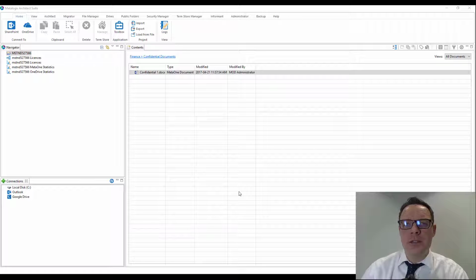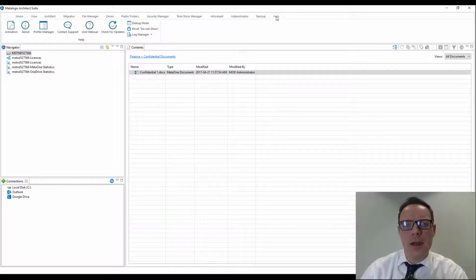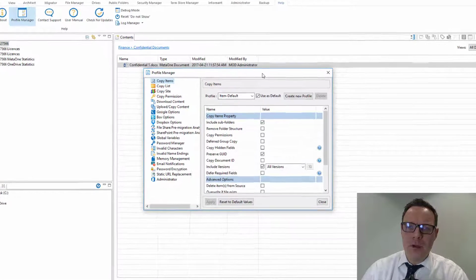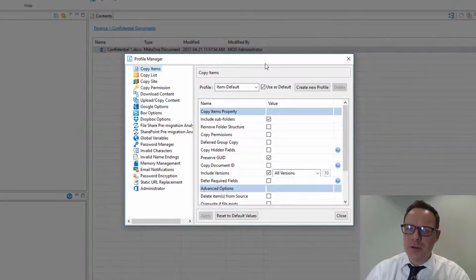In this section, we're going to consider the Essentials Profile Manager. So Profile Manager sits under the Help tab. If I click on Profile Manager, that will load. So Profile Manager enables you to create groups of settings or profiles for various jobs you carry out within Essentials